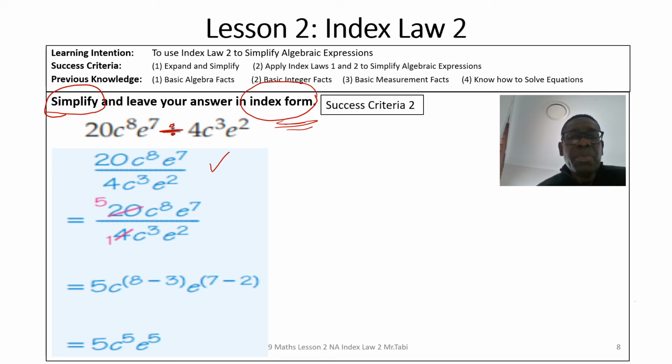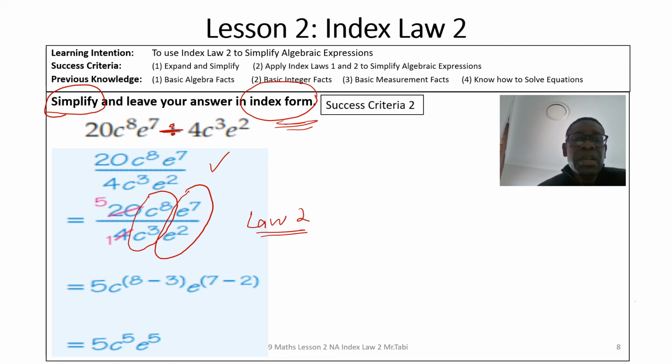Once you have that step written, we have to apply all the rules. 20 divided by 4, that gives you 5, because 4 goes into 4, 1, it goes into 25. Then we have c to the power of 8 and c to the power of 3. We can group them, focus on them, and then you have e to the power of 7 and e to the power of 2. So applying the law 2